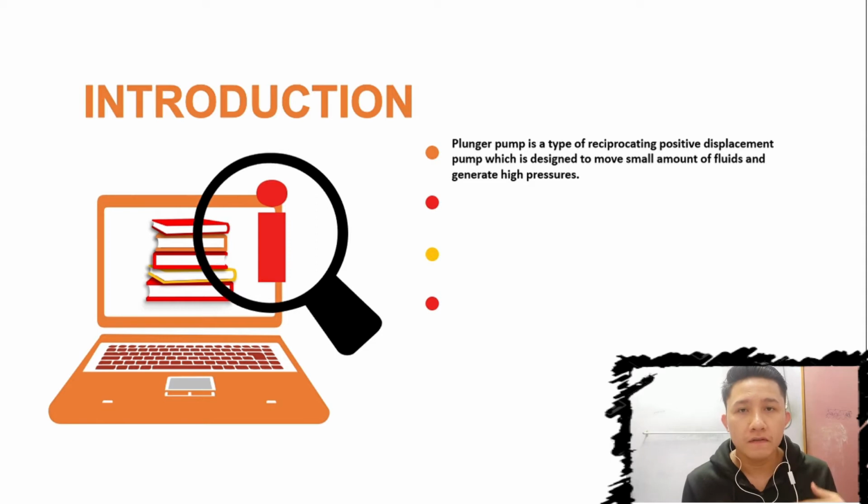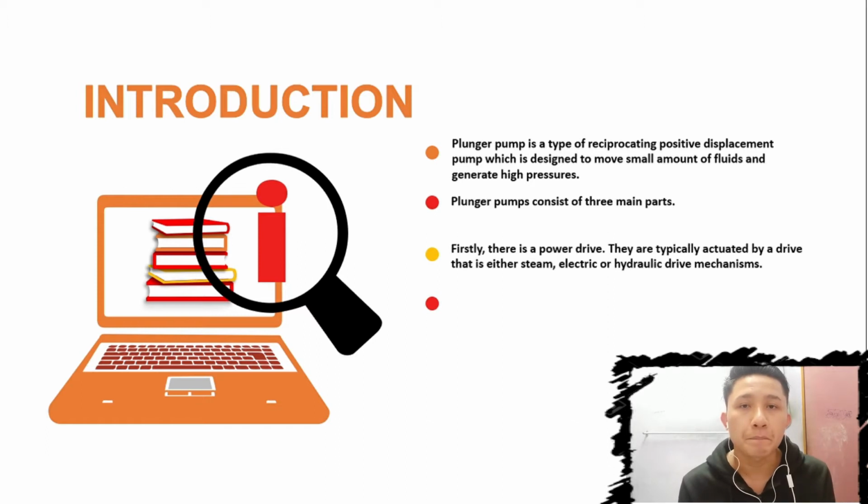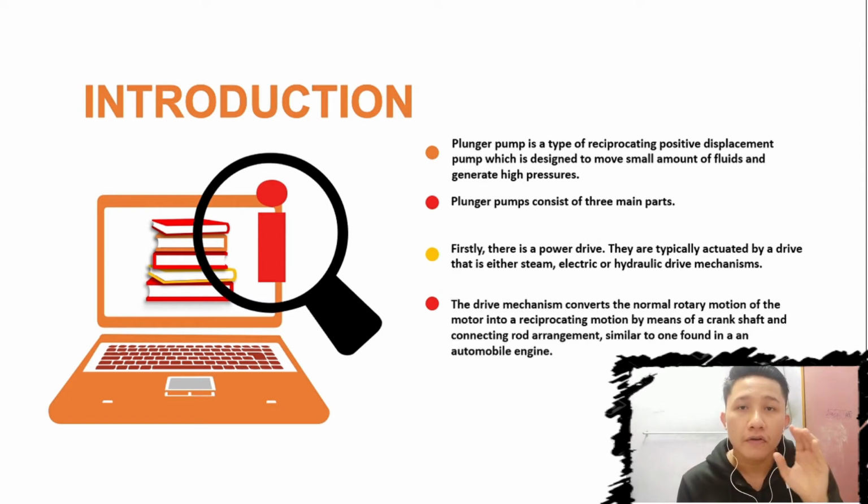Plunger pump is a type of reciprocating positive displacement pump which is designed to move a small amount of fluid and generate high pressure. It consists of various parts. Firstly, there is a power drive. Plunger pump is actuated by a drive that is either steam, electric, or hydraulic drive mechanism. The drive mechanism converts the normal rotary motion of a motor into a reciprocating motion by means of crankshaft and